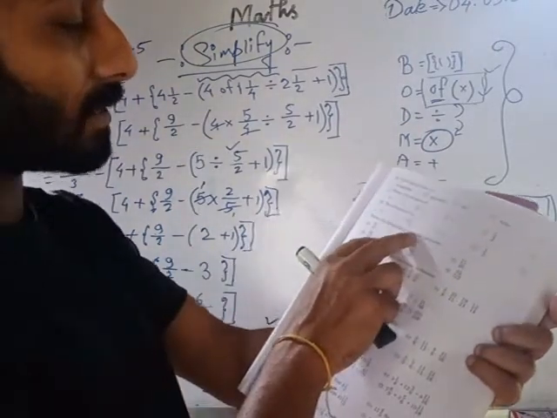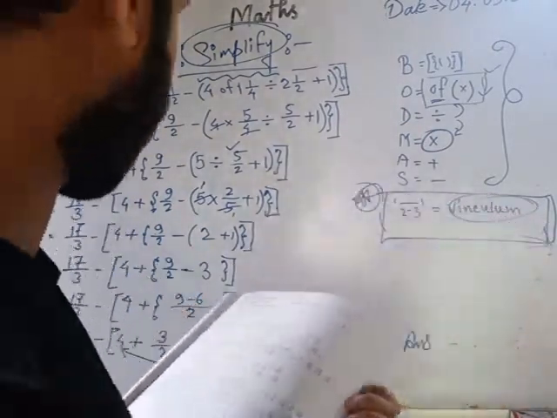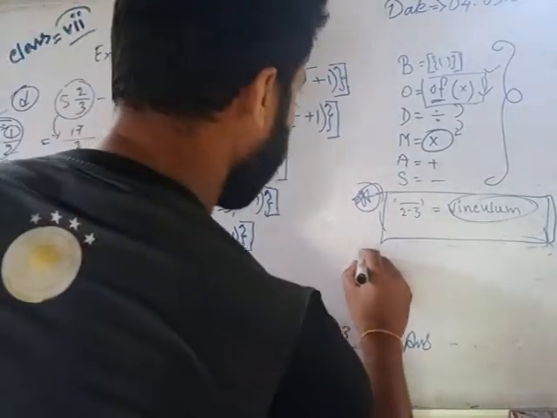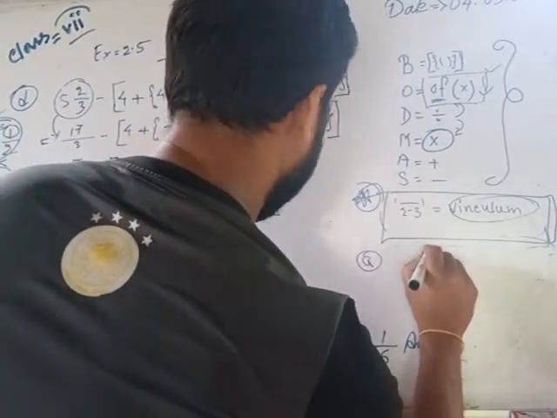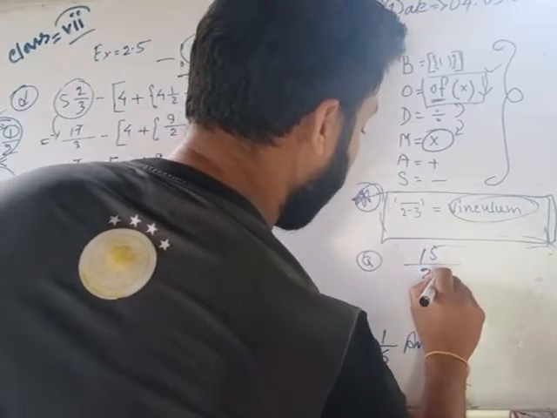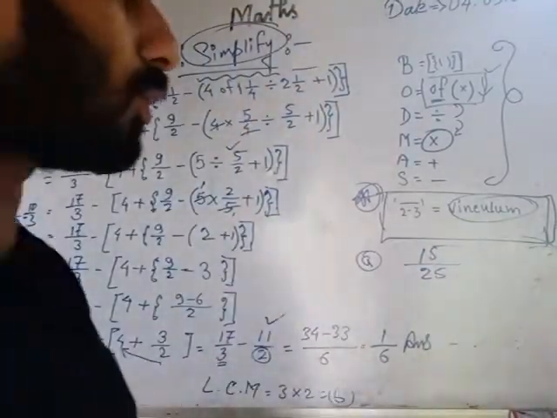Reduce the following fractions to their lowest terms. That means reduce it to the lowest term. Suppose it is 15 by 25. 15 and 25, both of the numbers